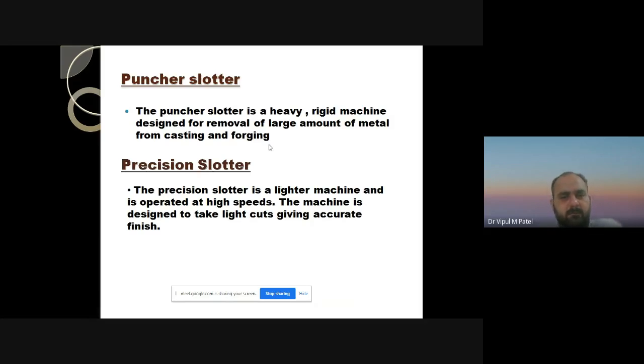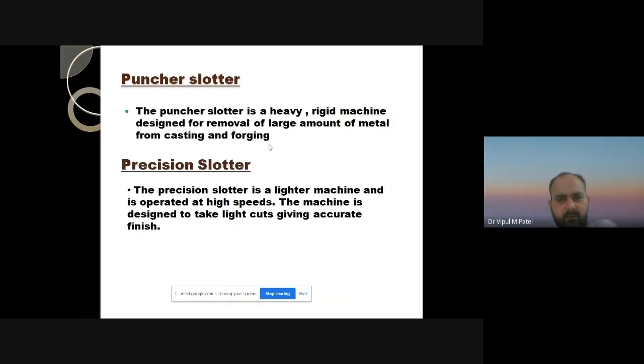Precision slotter. The precision slotter is a lighter machine and is operated at a high speed. The machine is designed to take cuts giving an accurate finish. If you want to make workpieces, for example those we use for different measuring processes, then we require a very high degree of accuracy.